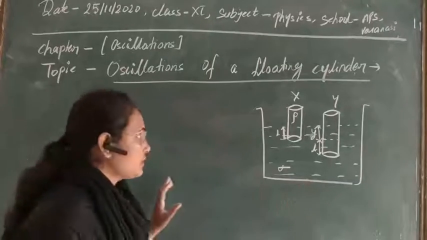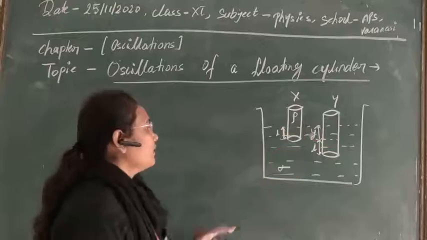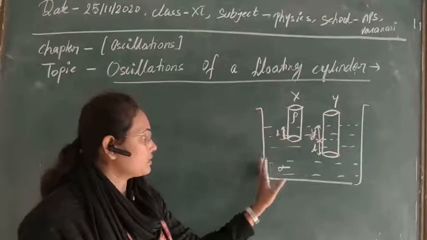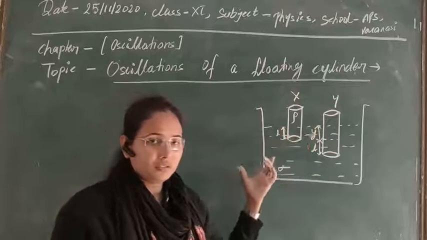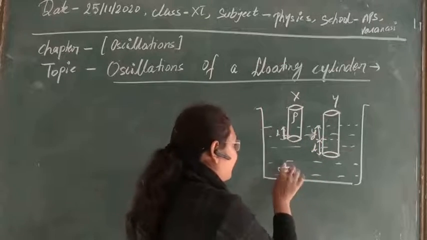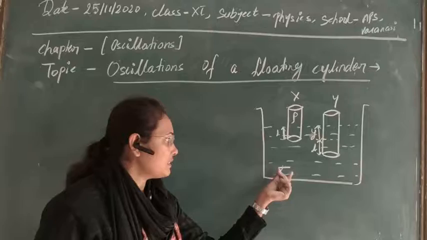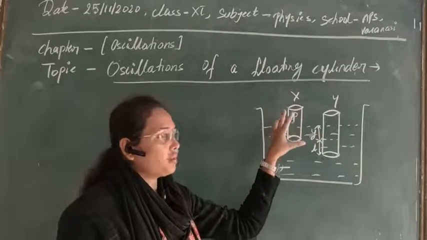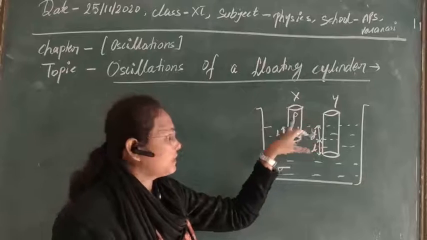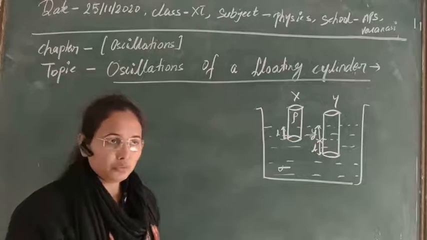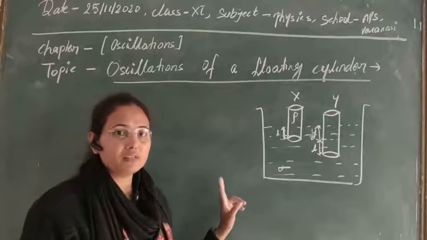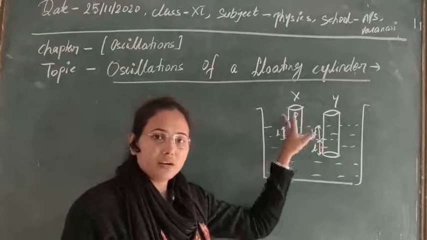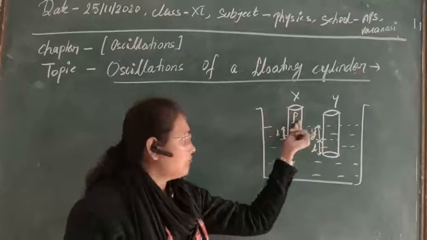For the calculation we have taken this figure here. In a bigger system, this vessel, we have taken water or simply any liquid, and suppose its density is sigma. Now we are taking a cylinder that is already floating and its density is rho. Here we are taking two densities. First is the density of the liquid, that is sigma, and the density of the substance of the cylinder, that is rho.